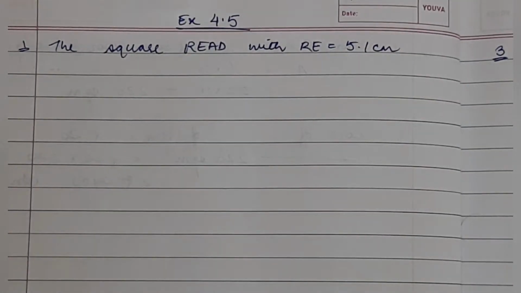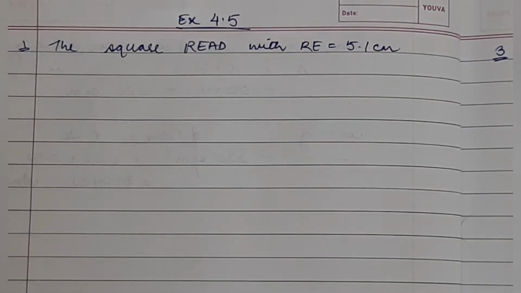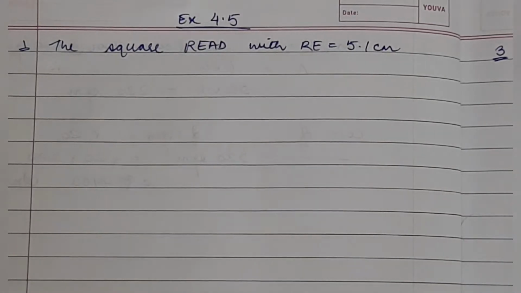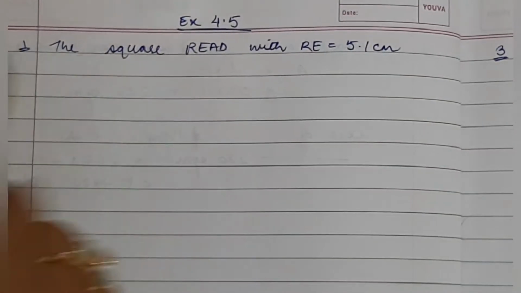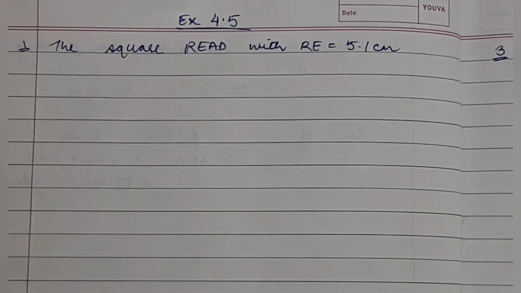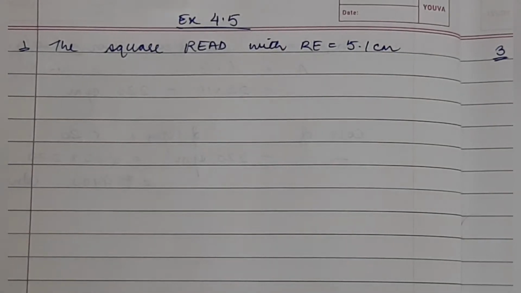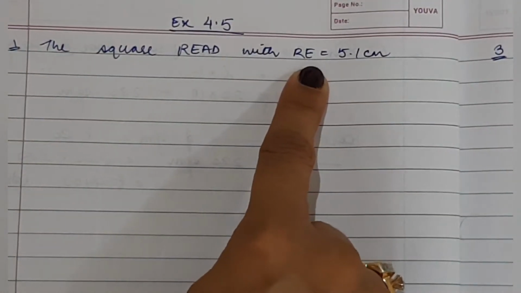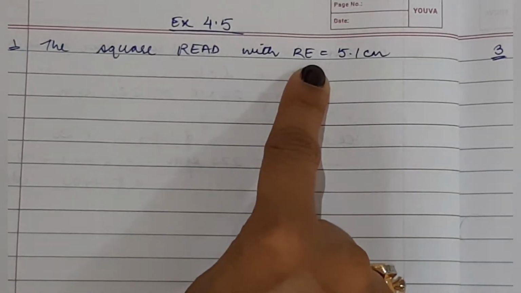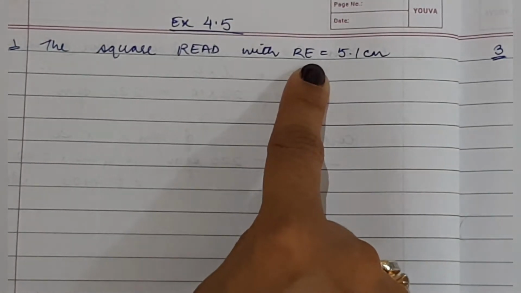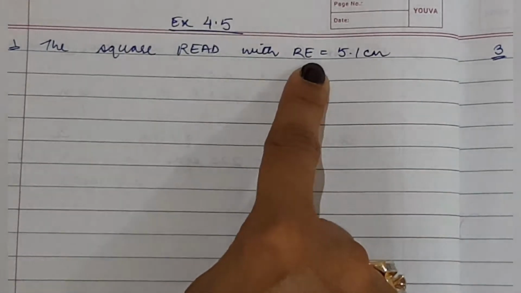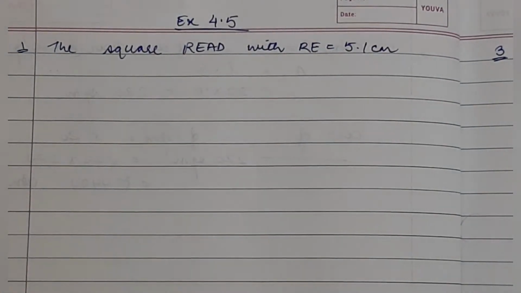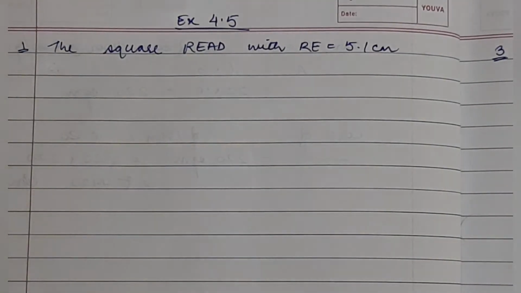We should know the properties of all the types of parallelograms before starting the construction. Now what are the properties of square? We know that in square all four sides are equal, and all the four angles are of 90 degree. So basically if I am given one side, it means I have all the four sides. So I have four elements and all angles are of 90 degree. That means I have four more elements. That means now I have total 8 elements, that is 4 plus 4, 4 sides and 4 angles. So we can construct it very easily.